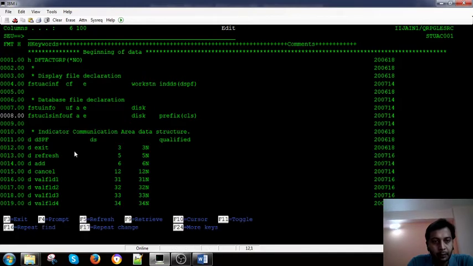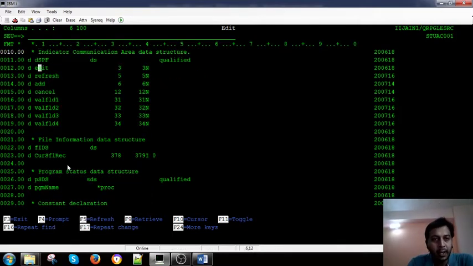And this is the indicator communication area, right? Here I have used the indicator data structure, and then we have to define a data structure within it. We have defined DSPF, and that data structure is defined here, right? DS is the data structure of the indicators declared in that display file. It's not mandatory to use it like this only; you can use indicators in other ways too, but I like this way, so I have declared it this way in this session. We will see in other sessions how we can use that in another way. For this session we have used this one.